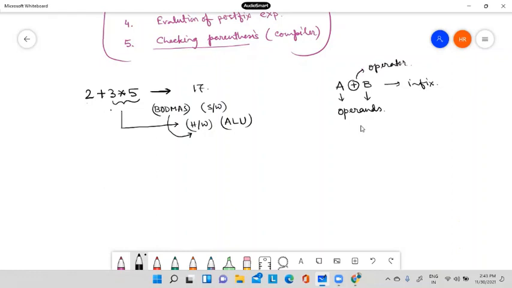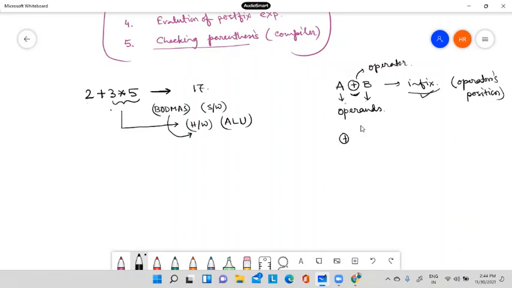So if the operator is in between the operands, then it is called infix. It means whether the expression is infix, postfix or prefix depends on the operator's position. If the operator is in between, then it is infix.